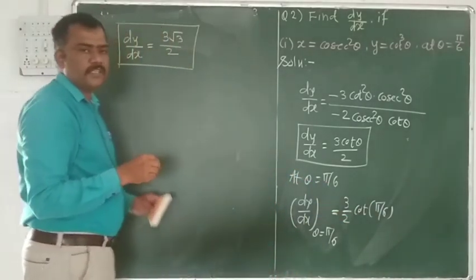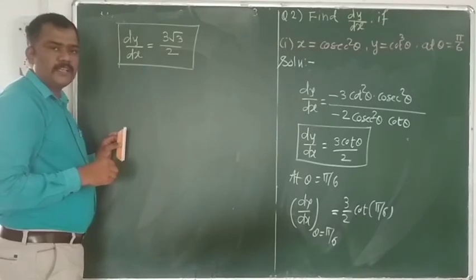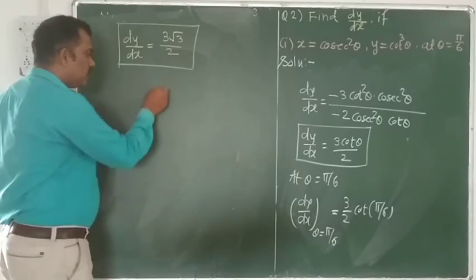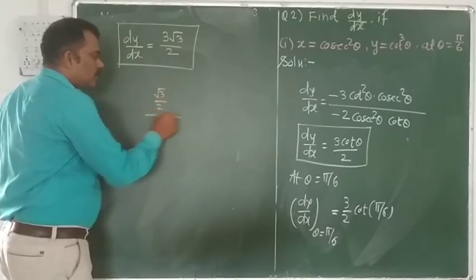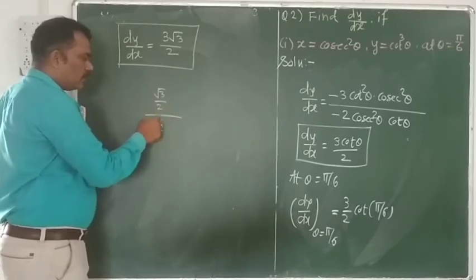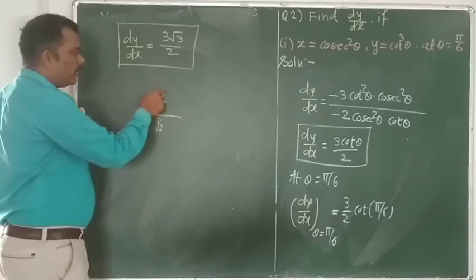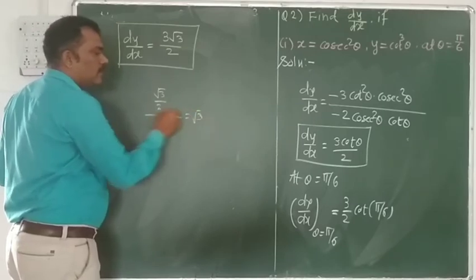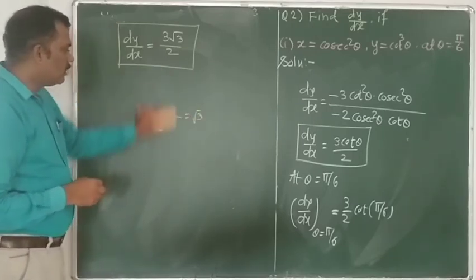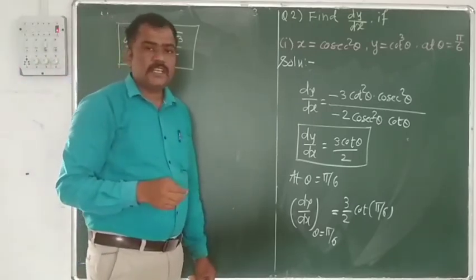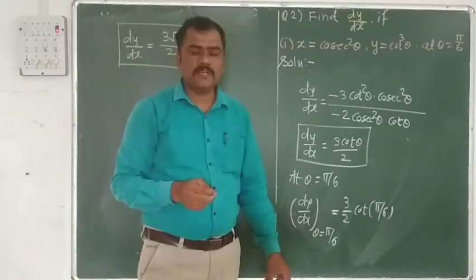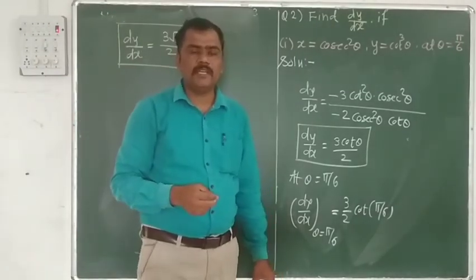The value of cot of pi by 6, that is cot 30 degree. Cot 30 degree is cos 30 divided by sin 30. Cos 30 is nothing but root 3 by 2. Sin 30 is nothing but 1 by 2, the 2s get cancelled. So that we get the value only root 3. So cot 30 is nothing but root 3, which is the required answer of this example number first. Now we have to discuss example number second.